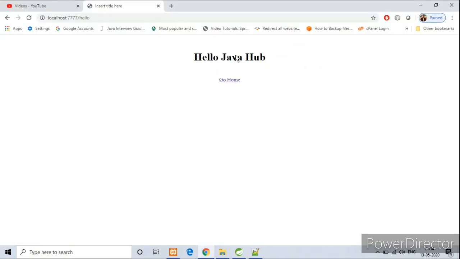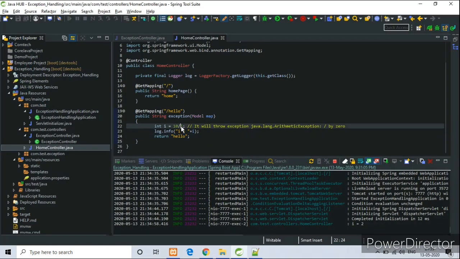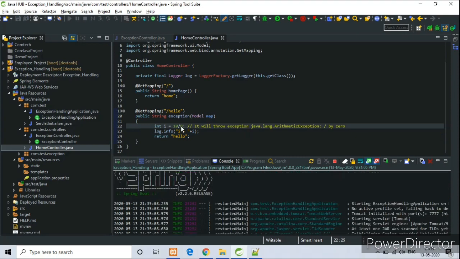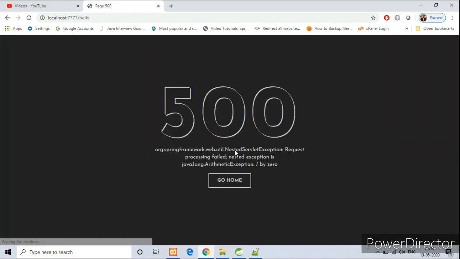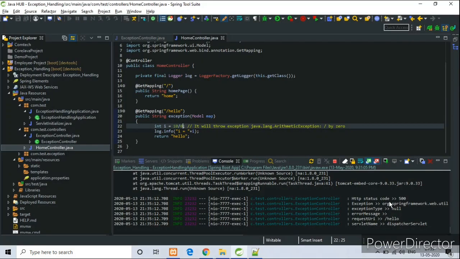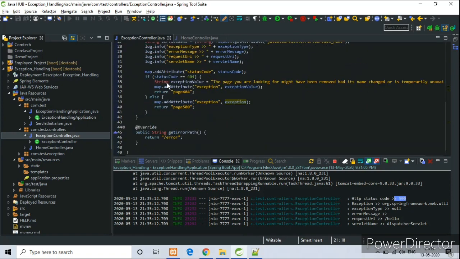Now the error has not occurred and it is returning the hello.jsp page. As you can see, now it is returning the 500 page. All the logic of handling the exception is written in the exception controller class.